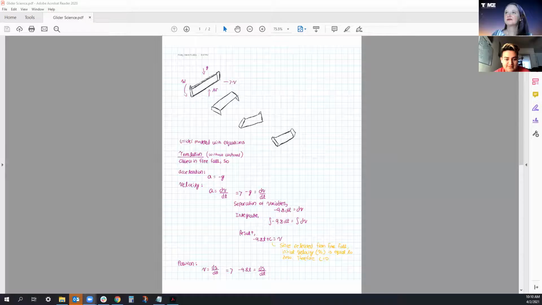Awesome. Okay, so I'm going to share my screen and we can take a look at these excellent notes you made. Glider science. So tell me some more about what we're seeing here, and let me know if I should zoom in. Yeah, could you zoom in just a little bit, up towards the top, the diagram? Yeah,